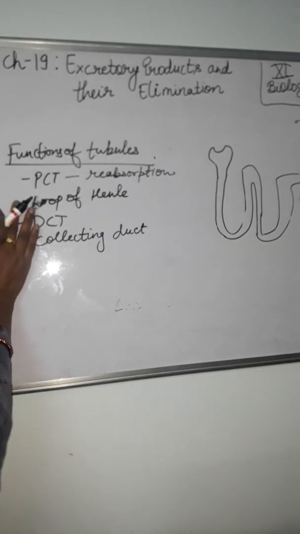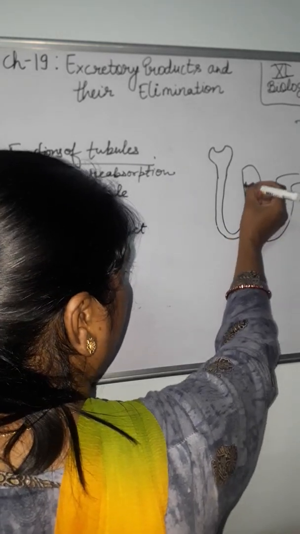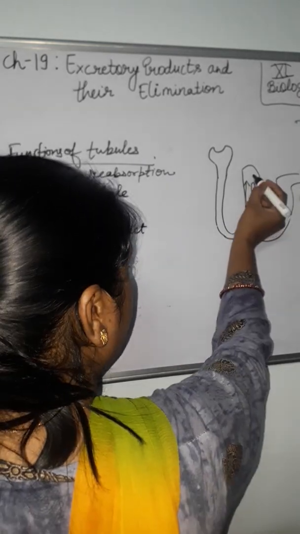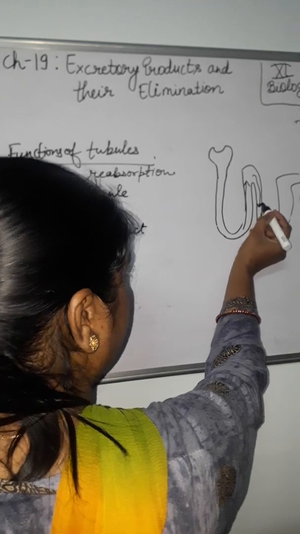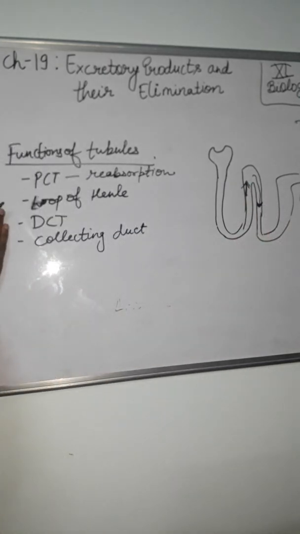Okay, now second one, that is loop of Henle, the ascending and descending limb. Okay, this one is ascending, up जा रहा है, that is ascending, और ये down आ रहा है, this is descending. Up one is ascending and downward is descending. Okay, ascending and descending limb. Now the ascending limb of Henle's loop plays a significant role in the maintenance of the high osmolarity of medullary